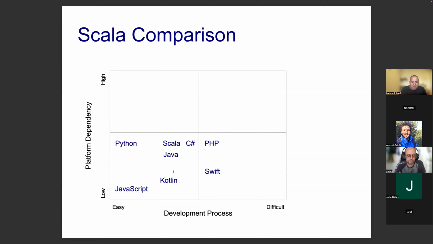Using Scala, Java, Kotlin, it becomes more sophisticated, but we have a build system. We have in Scala the SBT, Scala build tool. In Kotlin, we use Gradle. In Java, also usually we use Gradle. So there are solutions. And in C Sharp, of course, there are solutions for keeping the development process relatively simple.